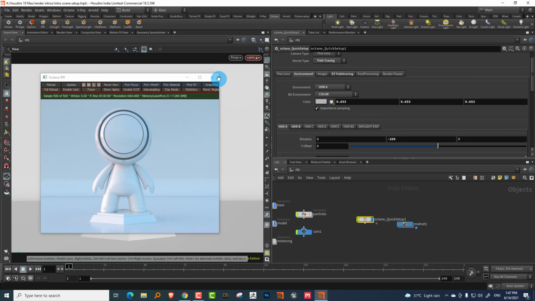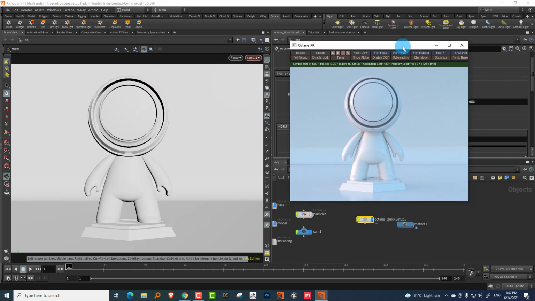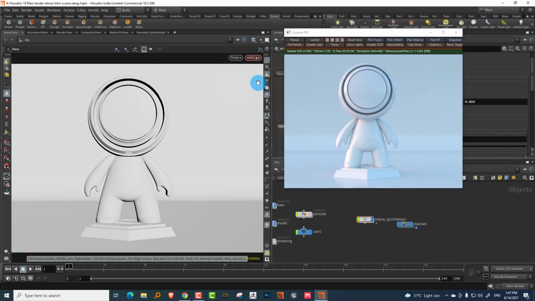Okay, so let me first add another light in here. We'll add an area light. Again, Octane is a little too physically accurate, so it doesn't have a concept of light. What you usually do is take any object and apply an emission material to it, and it just uses that.